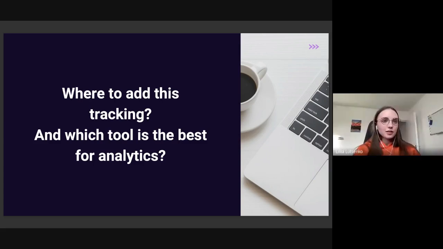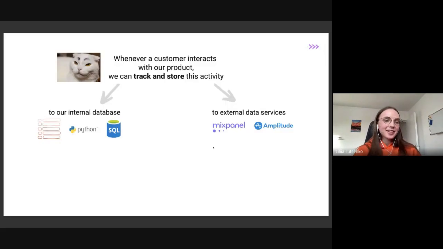Yeah, that makes sense. That makes perfect sense. It literally answers the next slide. So yeah, I think you are not wrong. You got everything right. So where to add this tracking? As you've said, we can aggregate all the tools you mentioned here, and thanks everyone who posted their answer.